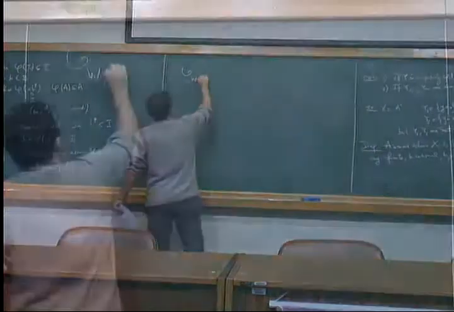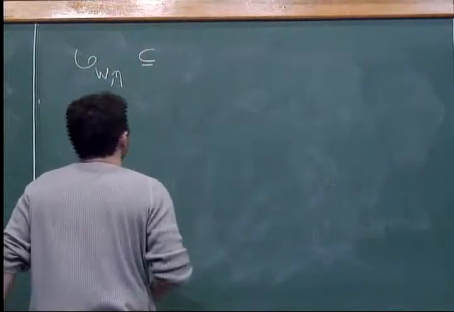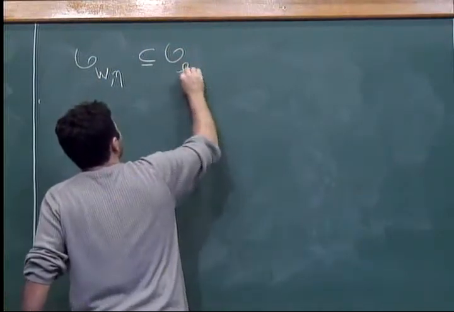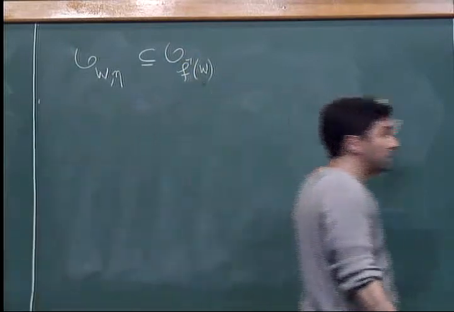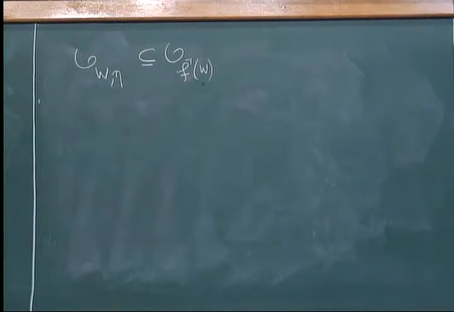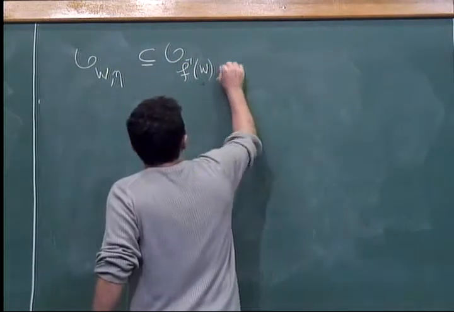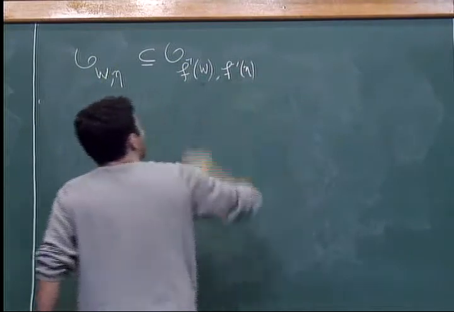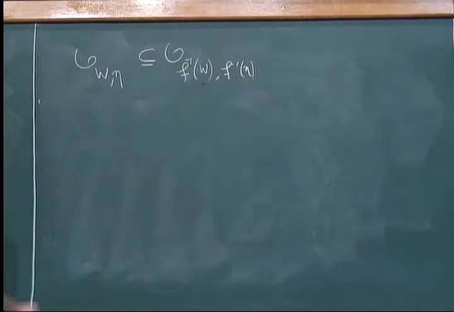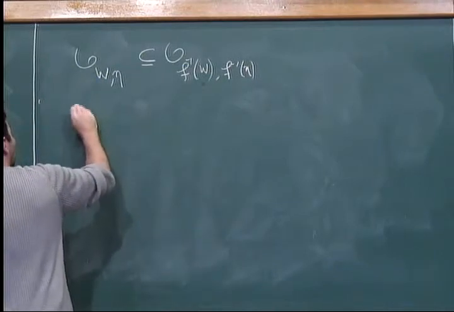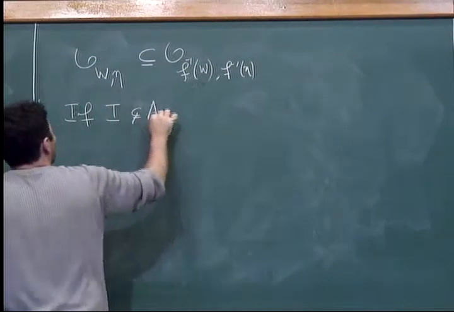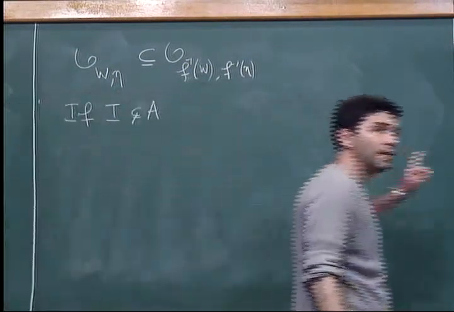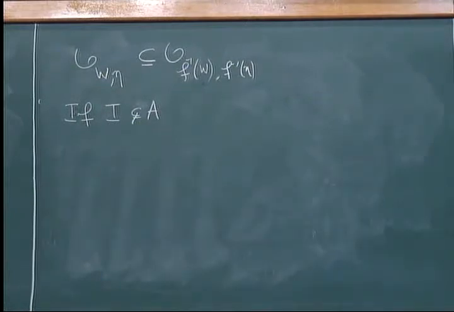So this is a field. This is contained in another field. You look at the inverse image of W. Recall that F is bijective, so the inverse image of W is irreducible as well, with generic point the inverse image of eta. And this one has to be, you look at this, if I is a proper ideal in A, that is, if this morphism is not an isomorphism somewhere, then